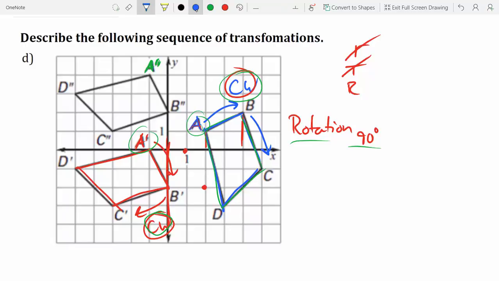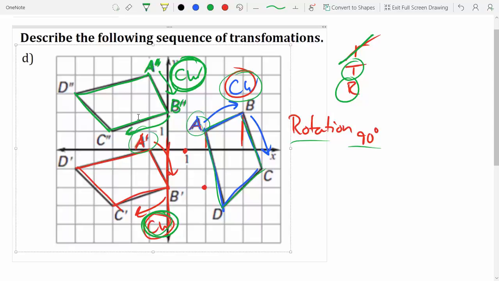So let's finish it up, and let's look at the orientation of the double prime. So it goes from A to B and B to C, and that is clockwise. So I see I've got clockwise and I've got clockwise. So once again, that can't be a reflection. It's either a translation or a rotation. And I can see in this one, from the red to the green,